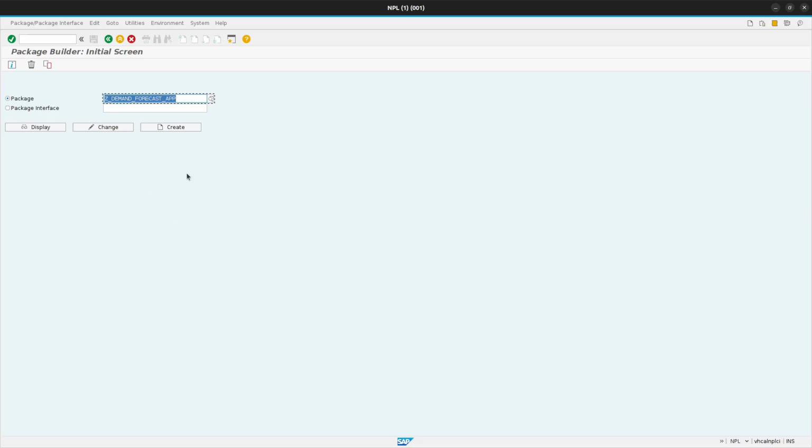Oh, one more important thing. What is a transaction code? In simple terms, think of it like a direct shortcut or a command. SAP has thousands of different screens, programs, and functions. Instead of clicking through 10 different menu levels to find the exact screen you need, you can just type a short, easy to remember code into the command field,